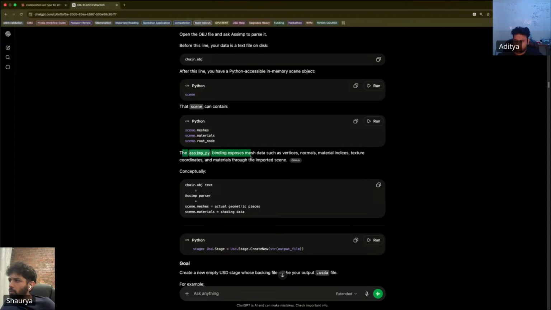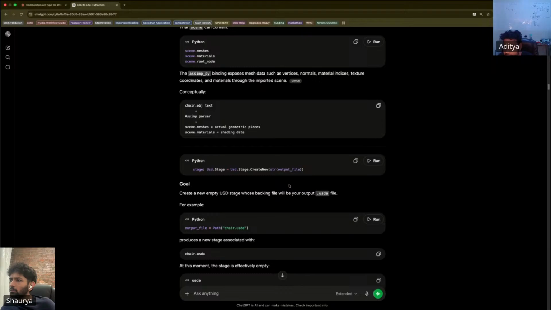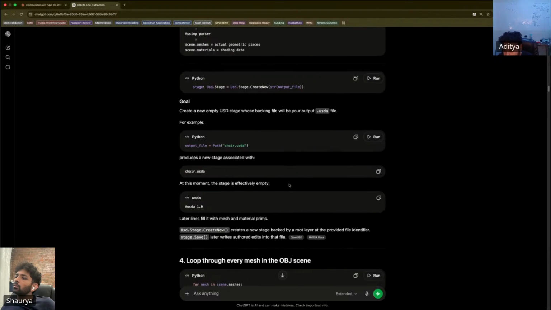Okay, the binding exposes mesh data such as vertices, normals, material indices, texture coordinates, and material through the imported scene object. The parser is basically parsing everything, based on the understanding I have till now. And once the parser parses everything, we can load it using Python directly and then use the OpenUSD development toolkit to map it out into OpenUSD. That is the most important thing. So whatever we have learned till now,